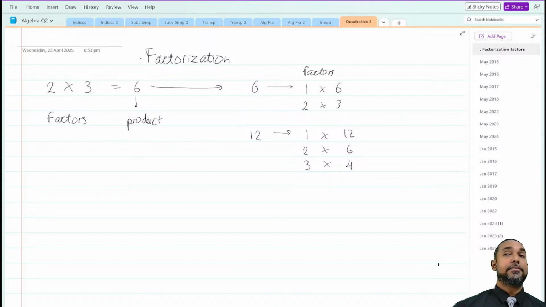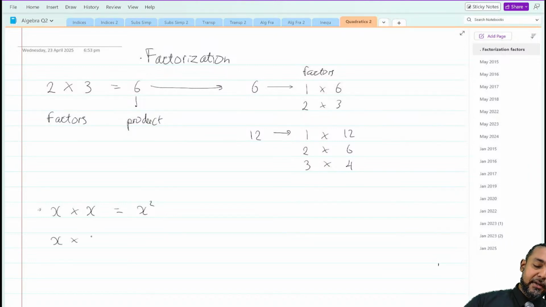Now, of course, it goes beyond just knowing your times tables and knowing what by what is equal to this number, whatever the case is, right? Because as we know, we have algebraic terms. So, for example, if we do x multiplied by x, we know we get x squared. So we have algebraic products. If we have terms that are unlike, so if we have an x by a y, we can only write this as xy. So some things would be relatively easy to factorize and some things may not be, right? For example, if I gave you like 24 or 120, we were looking at quite a number of pairs of factors to do there, right? So some terms are a little more involved, right? But